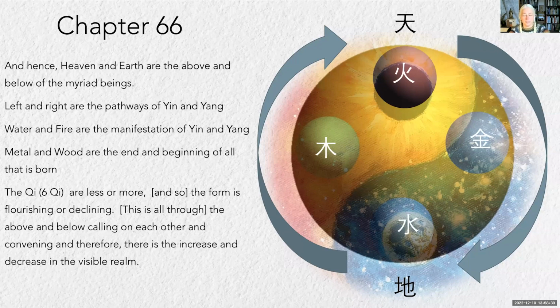So we have the invisible realm, and we have this visible realm. We can see what's going on in the visible realm, but why is it going on? Because of the invisible realm. And as doctors of Chinese medicine, we are working with the invisible realm. That's what we're learning how to do, to perceive and work with the invisible realm so as to affect the visible realm. If we're just trying to change the visible realm and the form of the body, we're not going to be nearly as powerful or successful as if we're working with the invisible realm.